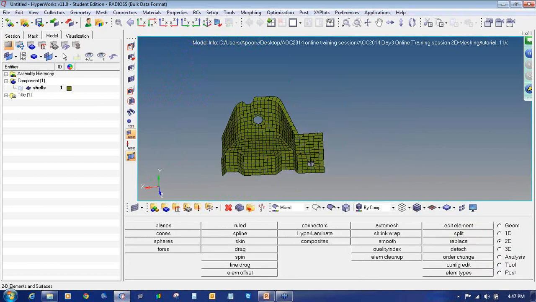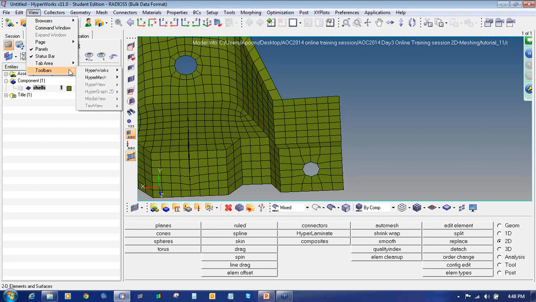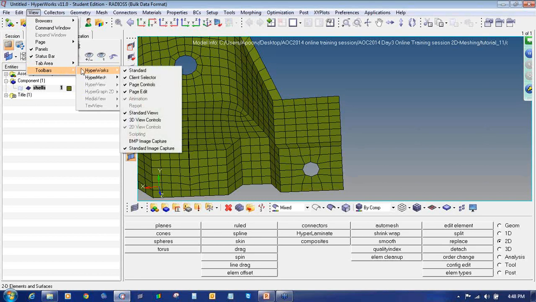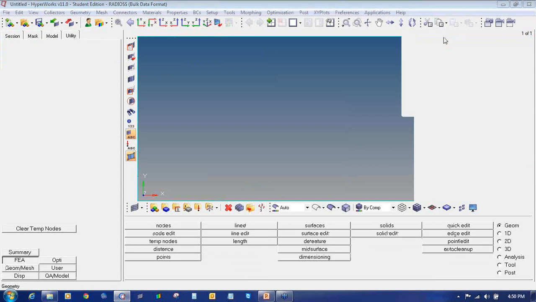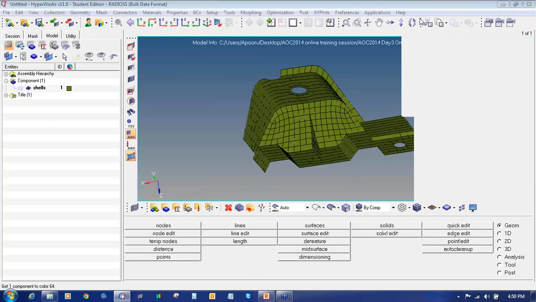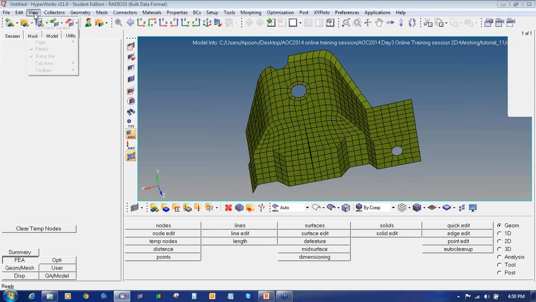So to create a washer here, go to view, you have to turn on utility. So I'll go to utility in files.